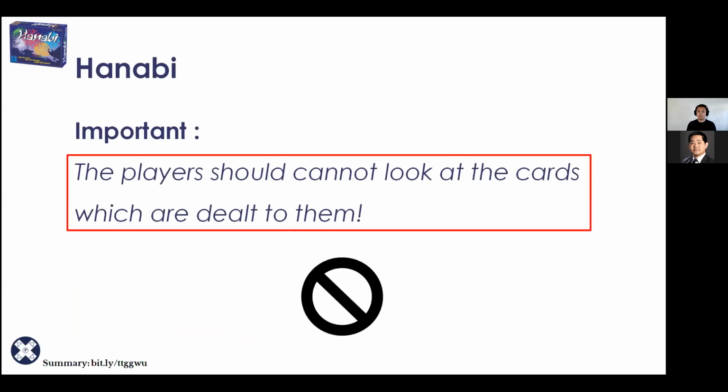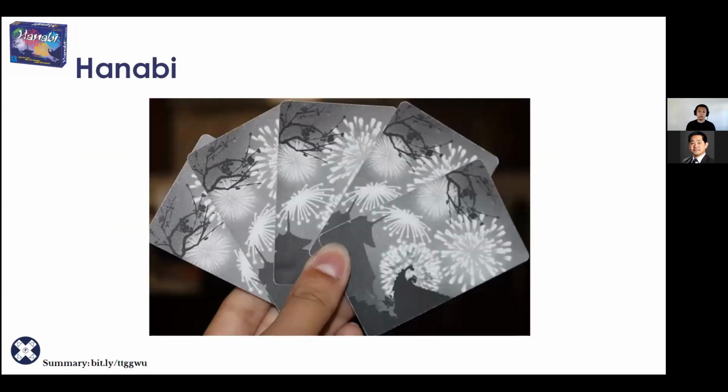And I tell people this whenever I've used this in a teaching environment: players cannot look at the cards which are dealt to them. This is a very hard thing to get over if you're playing in a physical environment, because when you get dealt a hand of cards, you immediately want to pick them up and look at them. But no, in Hanabi, you cannot look at it. If you're playing online, it makes it very easy because you cannot look at your own hand of cards. But again, if you're playing in person, do not look at your hand of cards. You can look at everyone else's hand instead. So this is what your hand of cards should look like to you if you're playing the physical game.